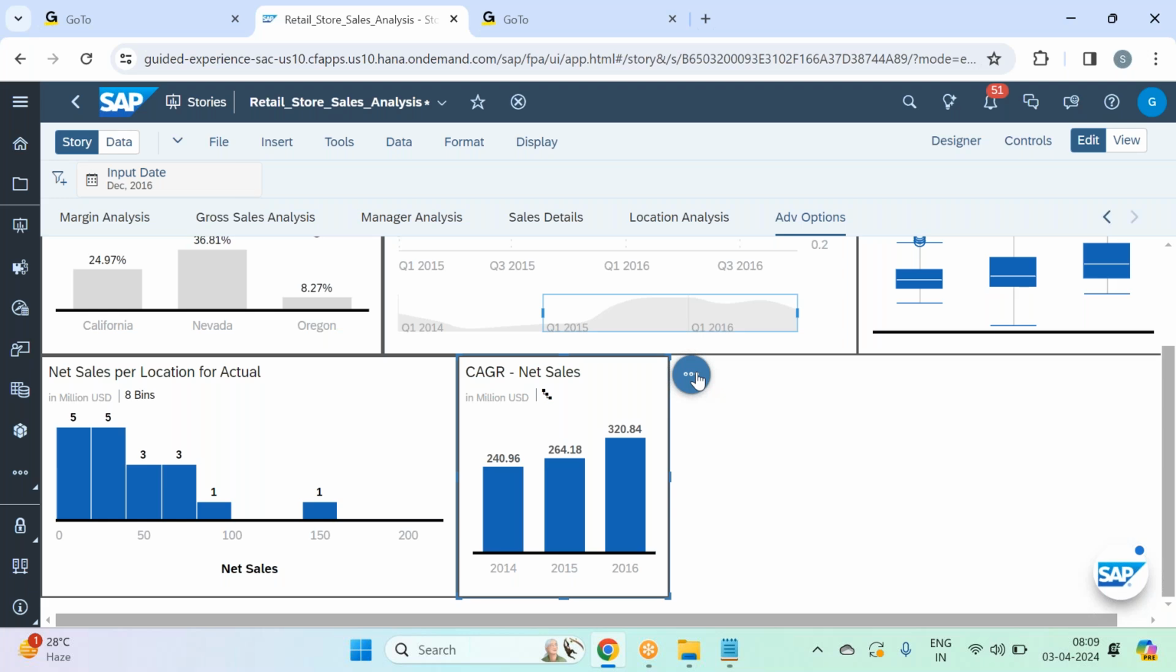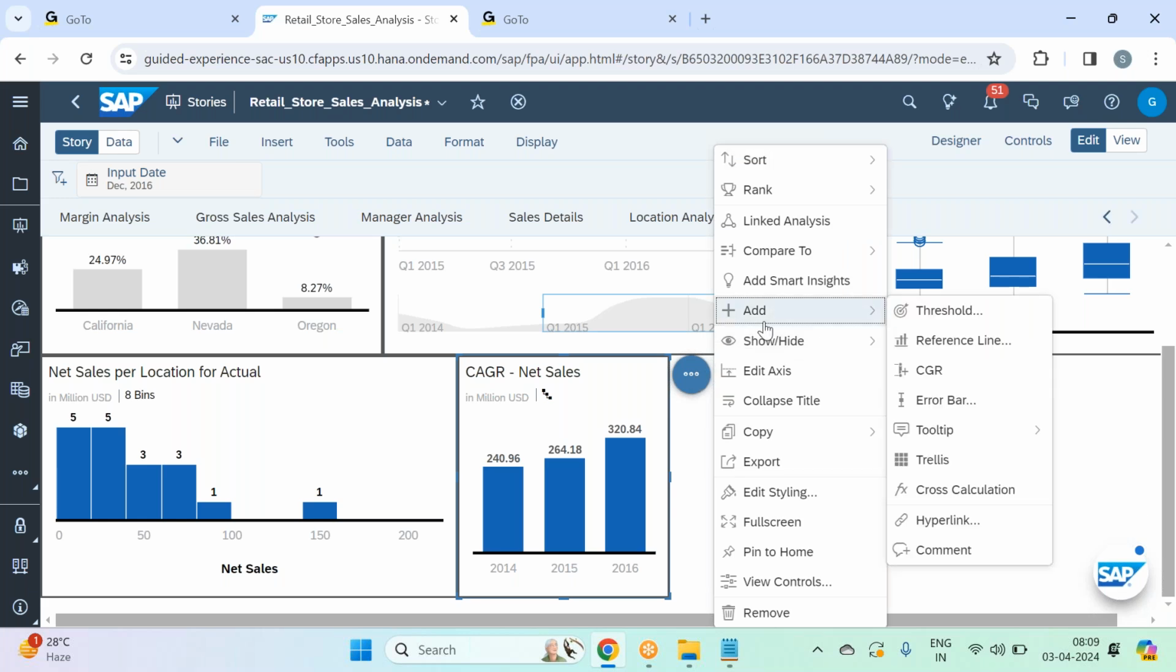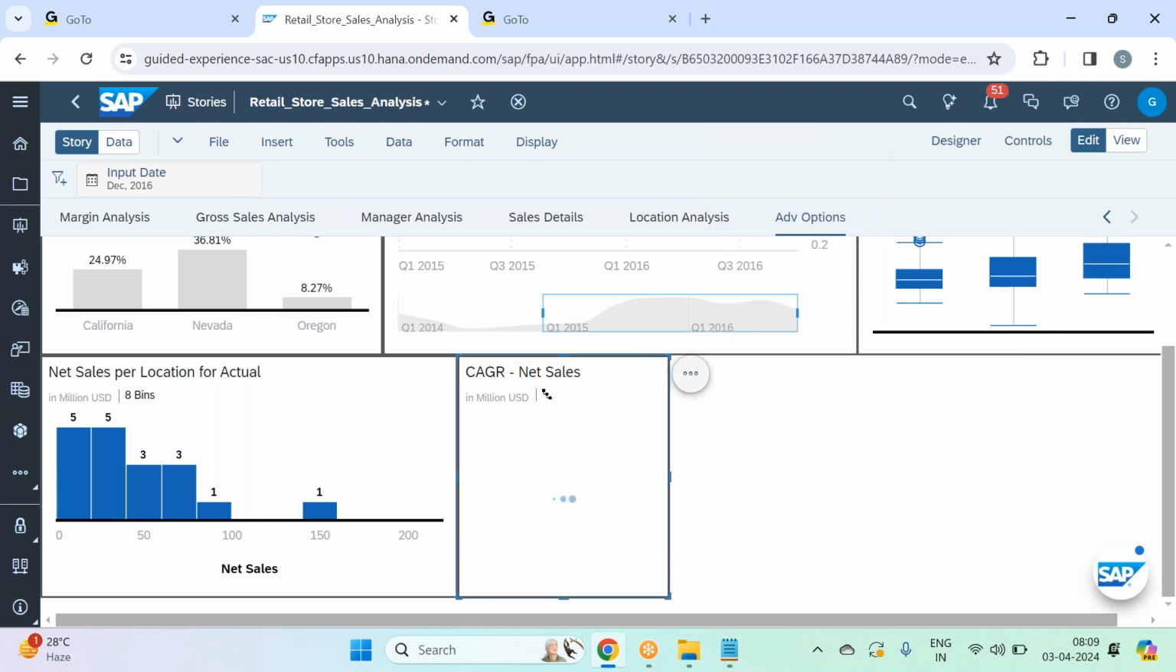Here now you have an option called add. In the add, you see an option called CGR, compounded growth rate. So you see, I can say the company is growing at an annual rate of 15.39%. So the formula for CAGR or CGR is, guys,